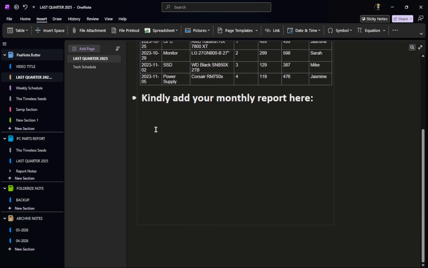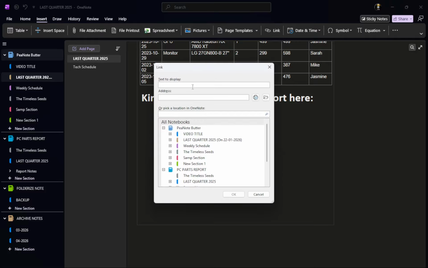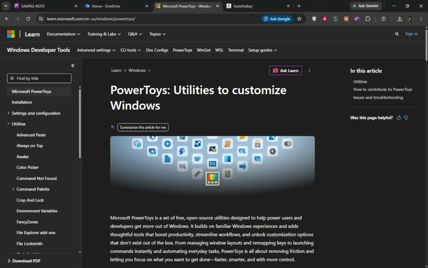Lastly, if you decide to use the OneDrive link option, you will follow the same initial steps but choose to insert a link instead. This method allows you to reference a document stored in OneDrive without embedding it directly into OneNote. This is a great way to save space in your notebook while still having access to important files.